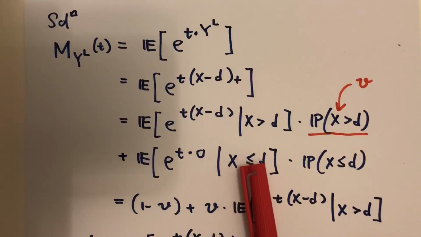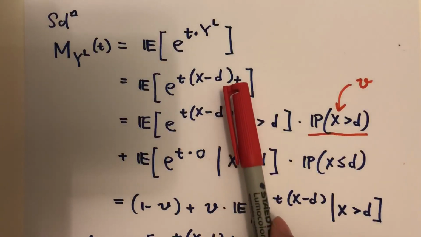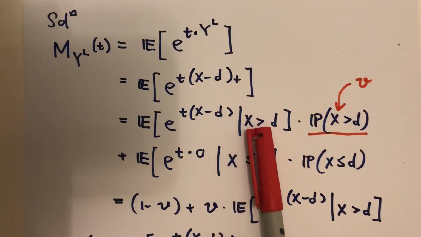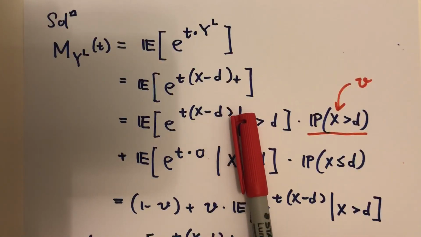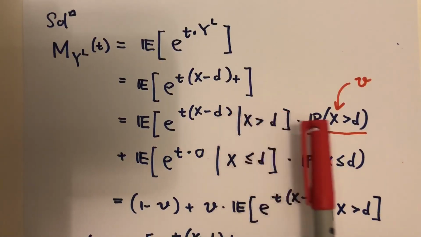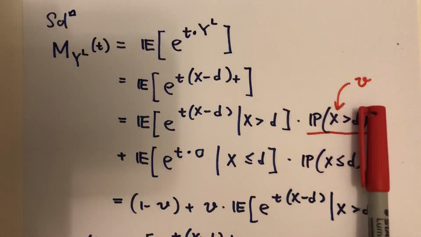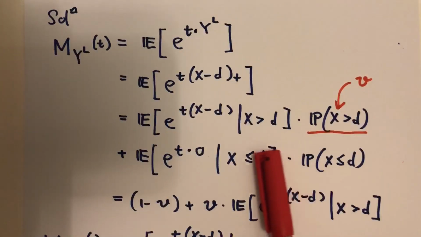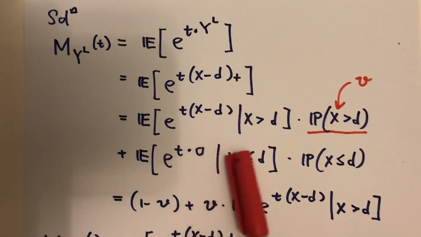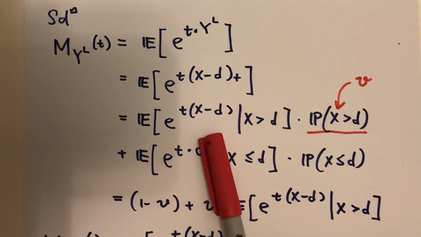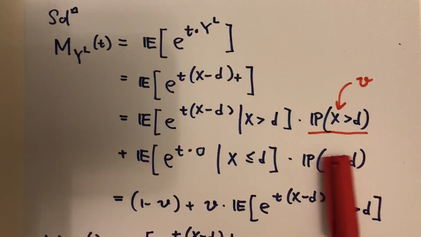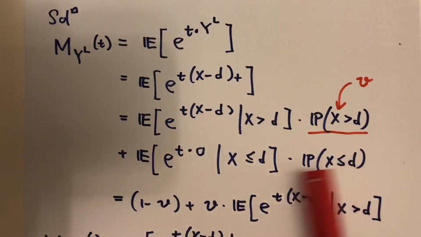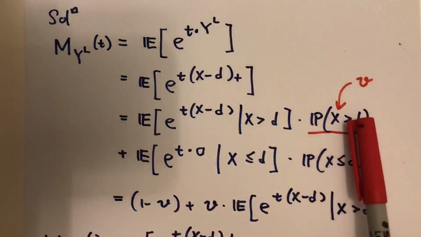Okay, so in the second case, when X is less than d, this positive part function becomes 0. Okay, and in this case, when X is bigger than d, we can drop the positive sign. Okay, and remember in chapter 6, we denote this probability as v. Okay, so now the second expectation is just 1 because e to the power 0 is 1. Okay, and this is 1 - v, so that's why this whole thing becomes 1 - v plus v times